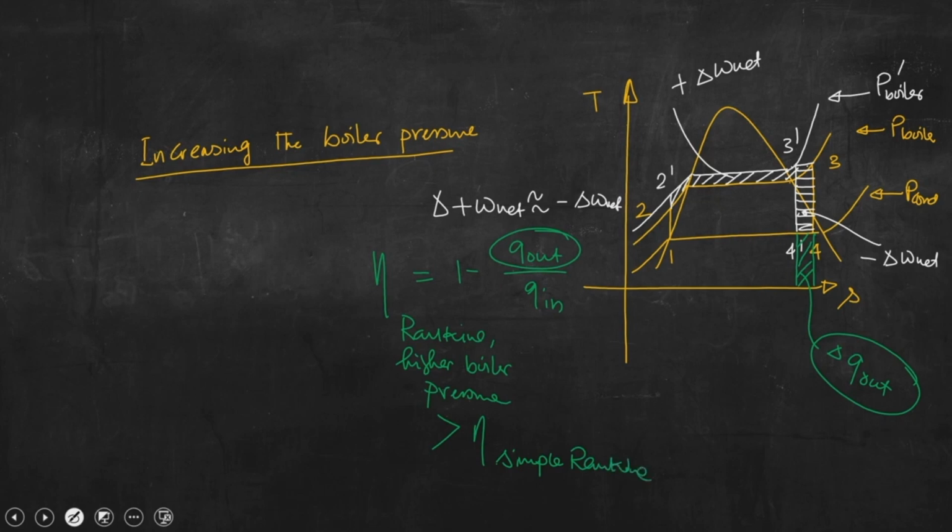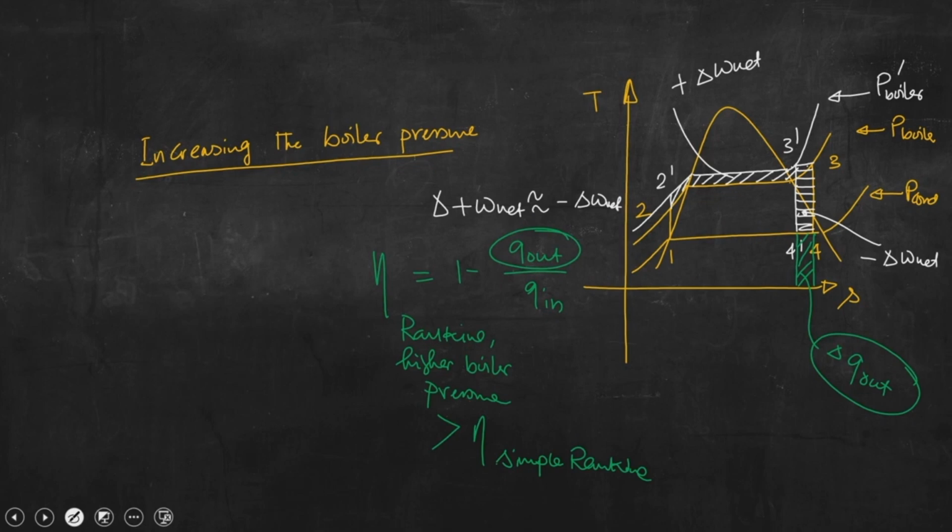This is the concept: we can increase efficiency only by reducing the amount of heat rejected in the condenser. By saving a certain amount of heat rejection, we can increase the efficiency of the Rankine cycle modified with increasing boiler pressure,